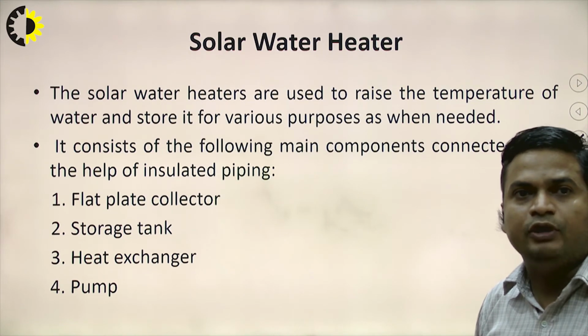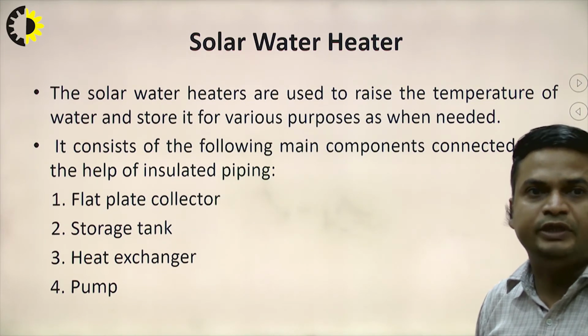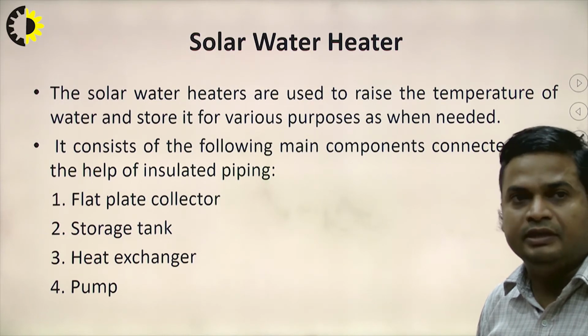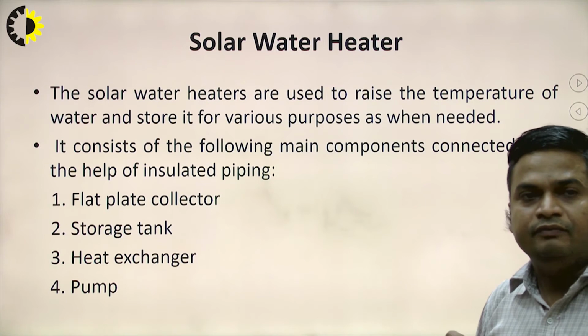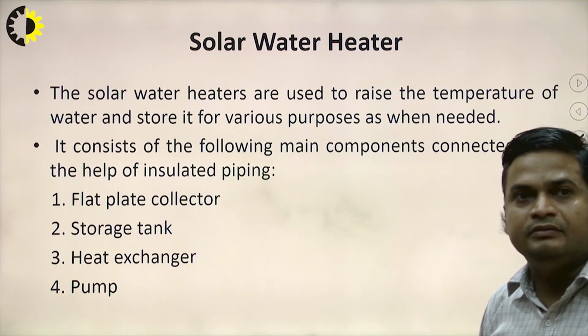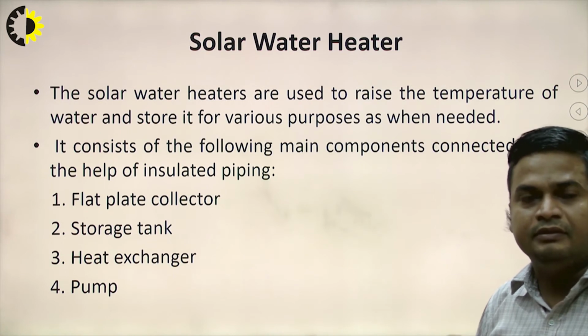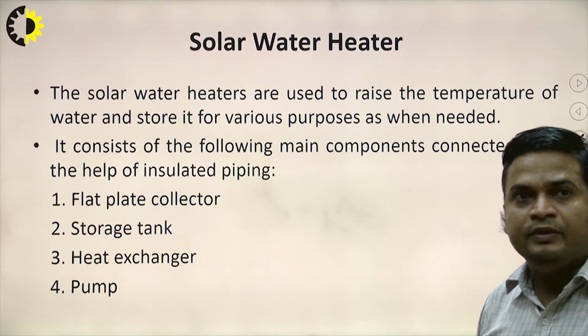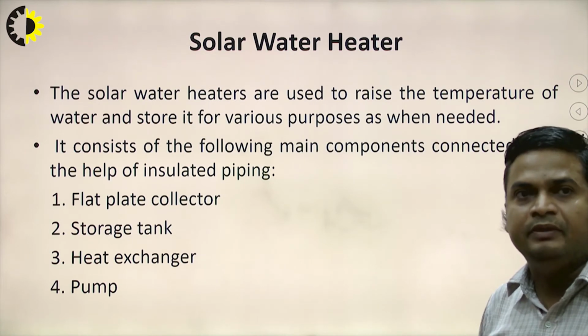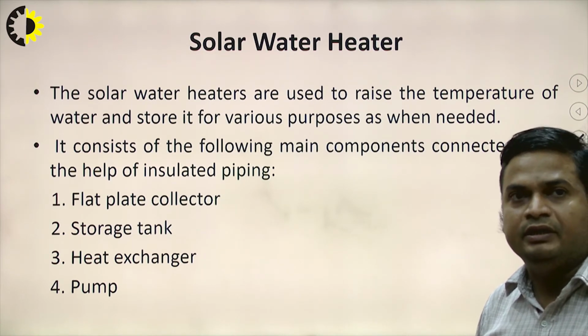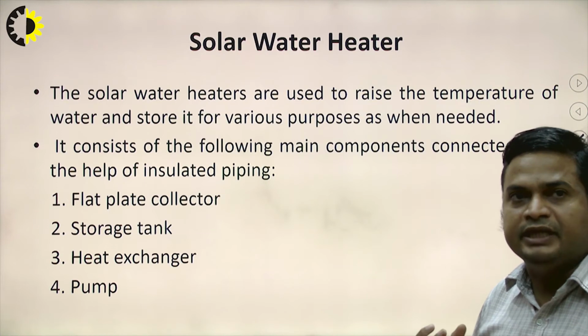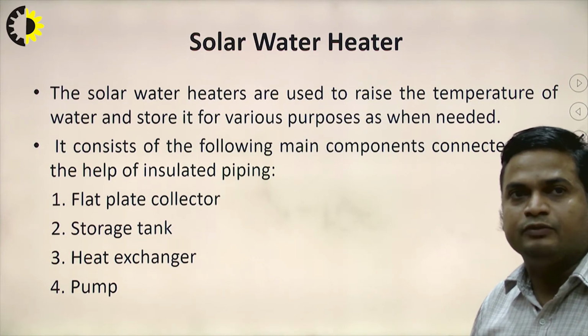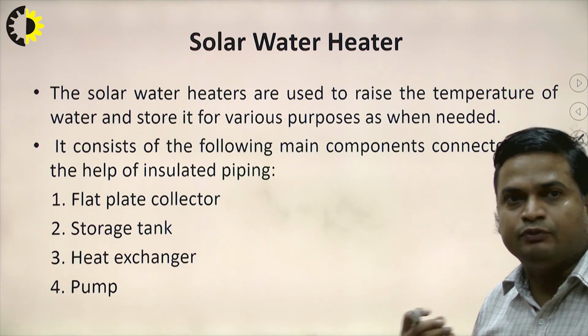It consists of the following main components connected with the help of insulated piping. Piping should be insulated. We can use thermocol or some other component that covers the whole length of the pipe. Because when we are providing insulation to the pipe, the energy of the heated water remains constant. The water takes the energy from the solar collector, absorbs the heat, transfers it to the water,